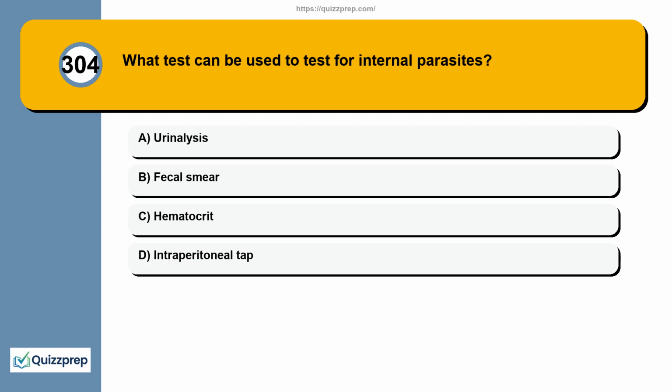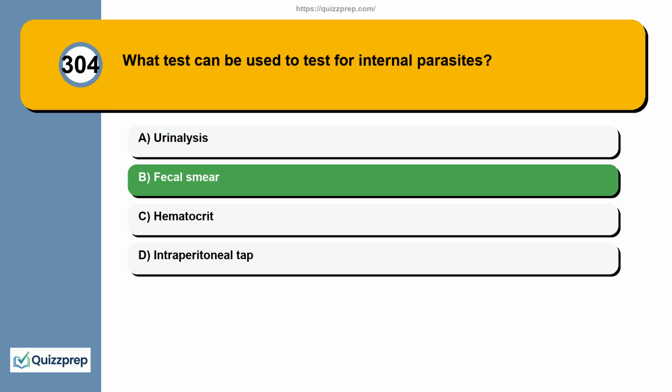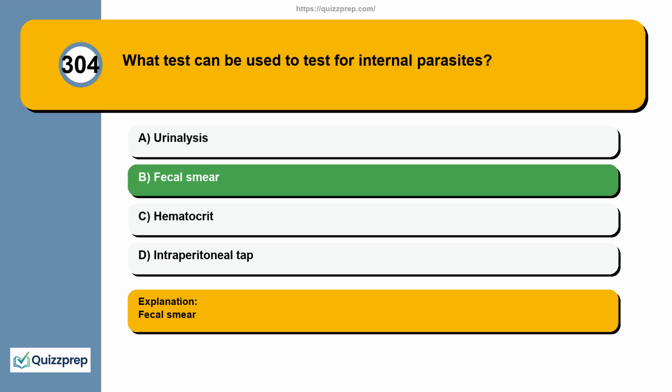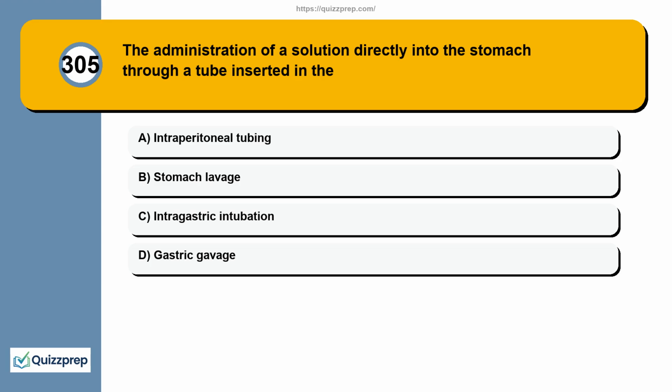Question 304. What test can be used to test for internal parasites? Option A. Urinalysis. Option B. Fecal smear. Option C. Hematocrit. Option D. Intraperitoneal tap. The correct answer is option B. Fecal smear. Question 305. The administration of a solution directly into the stomach through a tube inserted in the